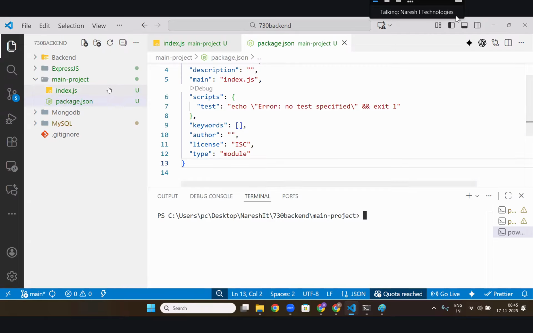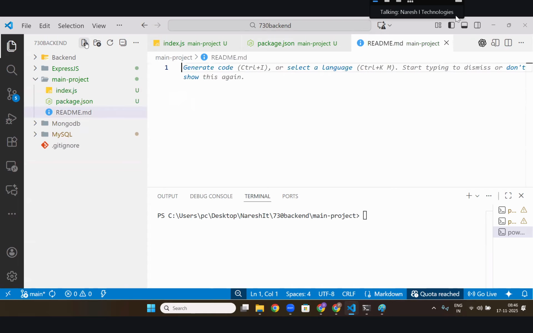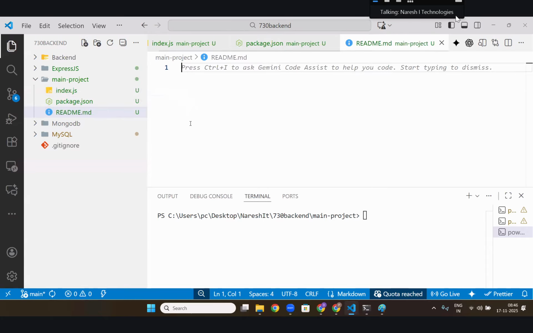Next, sir, I created index.js. Then create the folder structure. Just make a folder structure. I will make one file here. This file is very important, called readme.md. Someone comes to your application and wants to know what this application is.